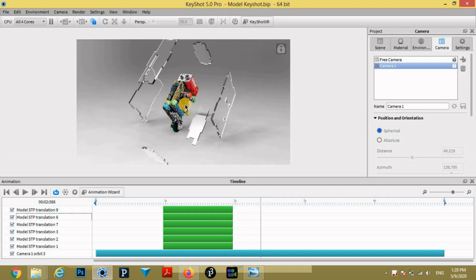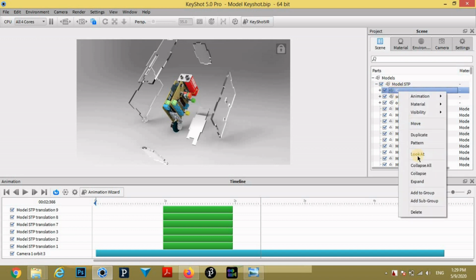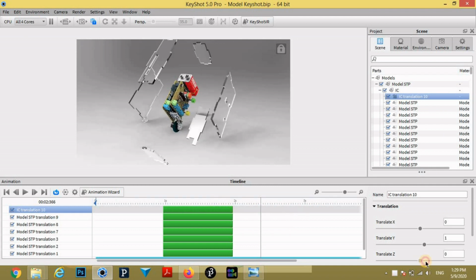Now we want to pull out this IC outside to show its specification. Select IC, then give it translational motion. You can see IC is coming out of the circuit.